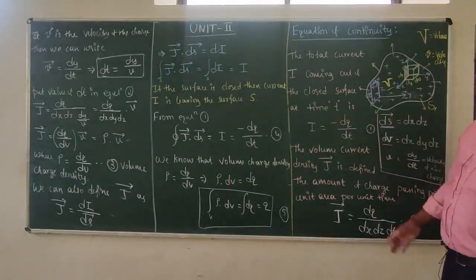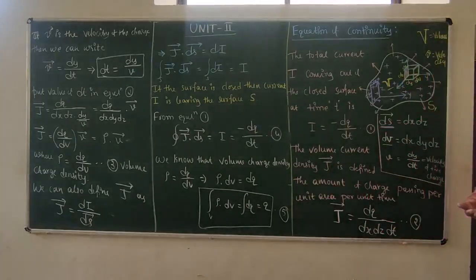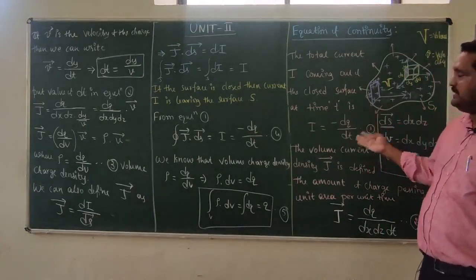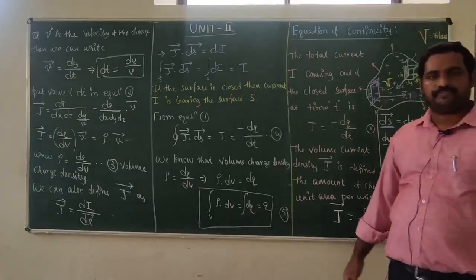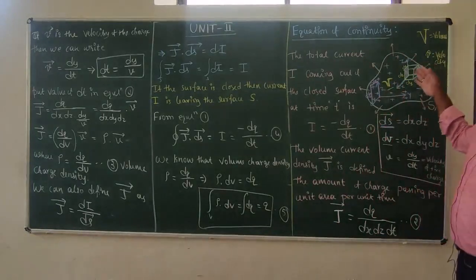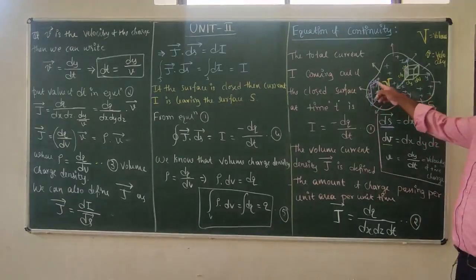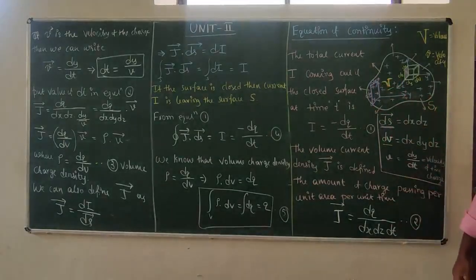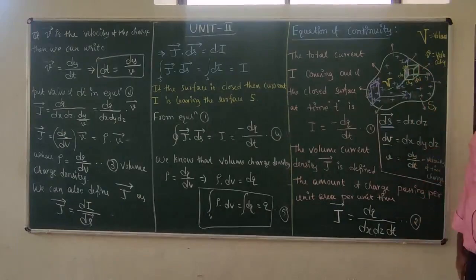So what are the things we have imagined? We have considered a region of space having volume V enclosed by a closed surface of area S, and this surface encloses a certain amount of positive charge, and these positive charges are moving along the y direction. Then the area perpendicular to the direction of the flow of charges is dS, which is equal to dx dz, and the volume of the infinitesimally small region is dx dy dz.